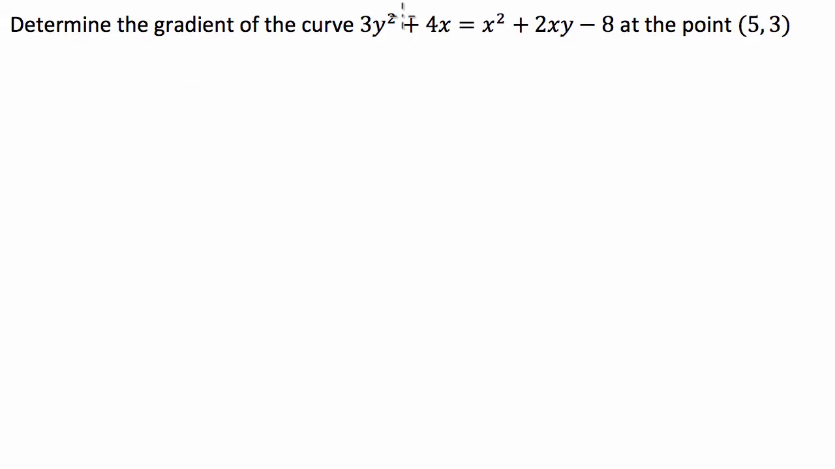We've got this curve here which is in terms of x and y. And so what we're going to do is differentiate all of these terms with respect to x. My first step whenever I do a question like this might seem tedious to you guys, but we're going to differentiate each term with respect to x. So we have d/dx of 3y squared plus d/dx of 4x, and that is equal to d/dx of x squared